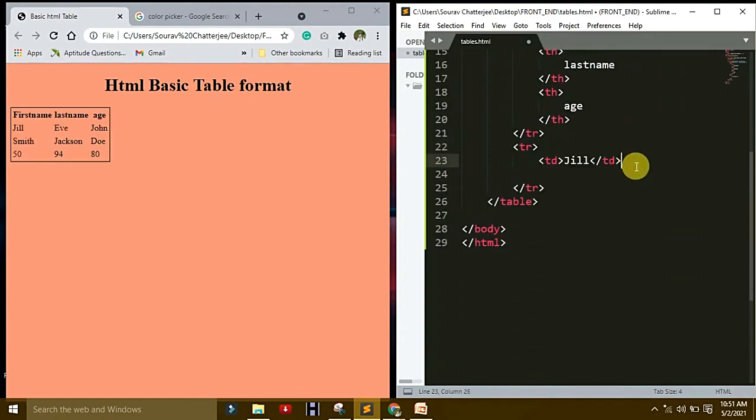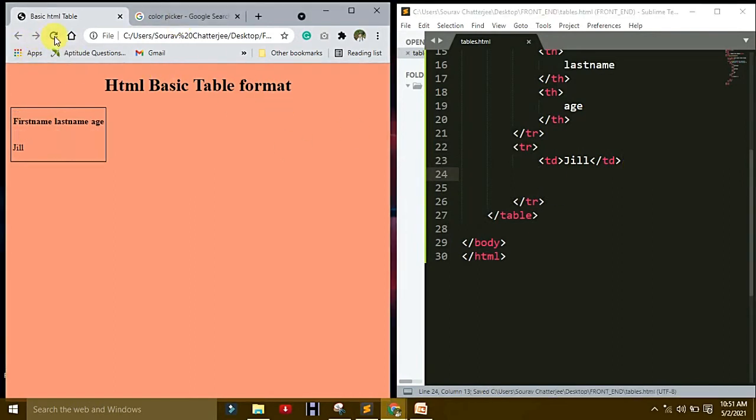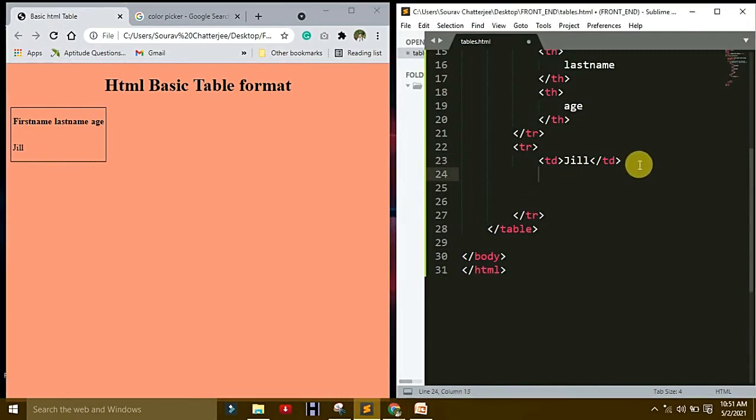Make it Jill, then again table data. You see that when I make one single table data, it shows the first name. Now make a table data for the last name, Smith. Now refresh it.